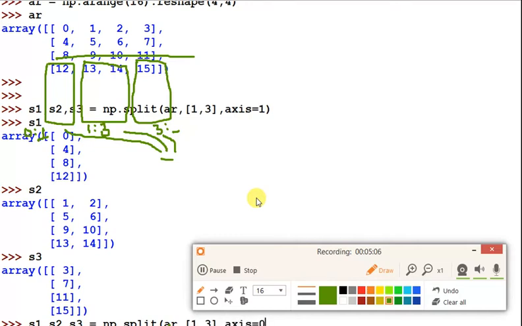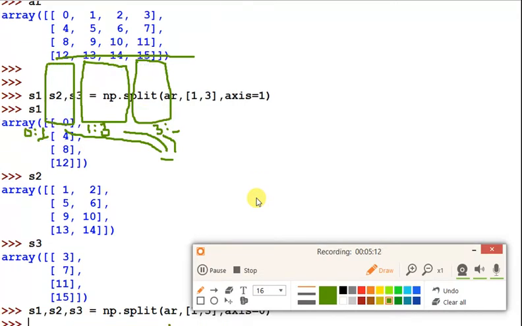So it will divide, which is equal to vsplit, and then you can check.